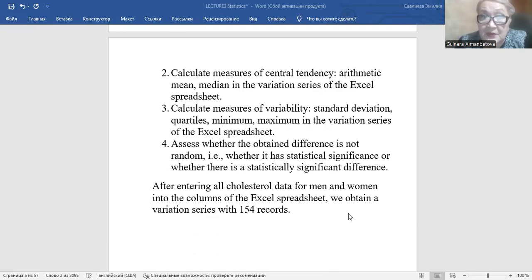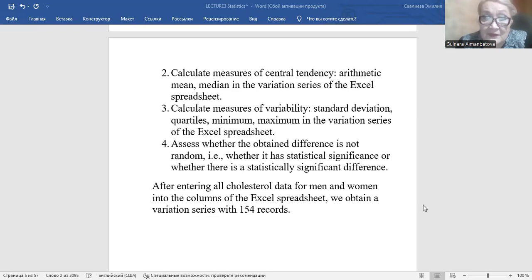Calculate measures of variability: standard deviation, quartiles, minimum, maximum. Assess whether the obtained difference is not random, for example, whether it has statistical significance or whether there is statistically